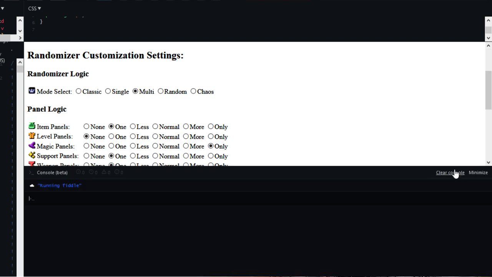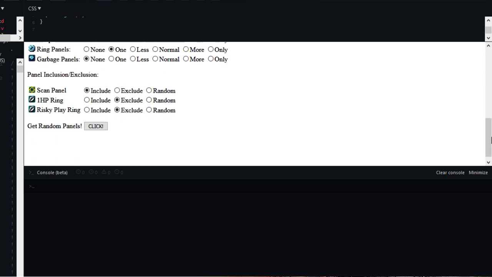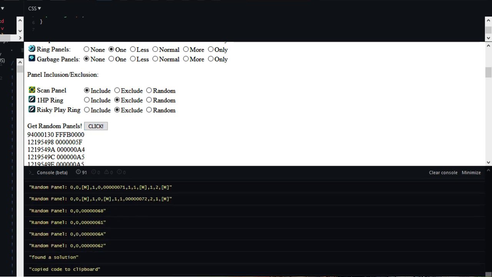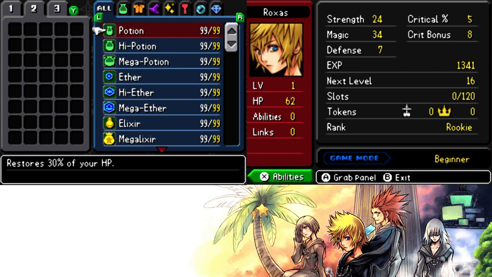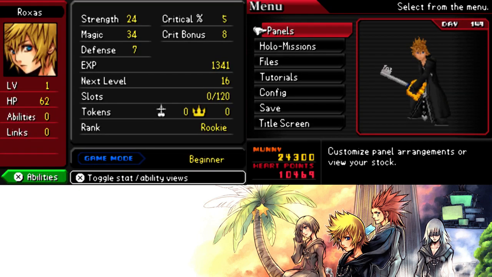I also included the console here. I probably should have gotten rid of all the logging statements, but this is just so satisfying to watch when the program works, and I really hope this does not take long. Great. Okay, so now if I go here and I load up my code, and press select,